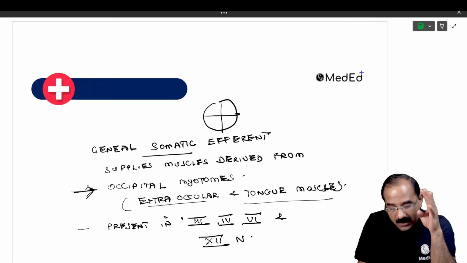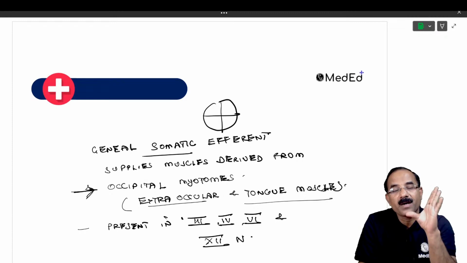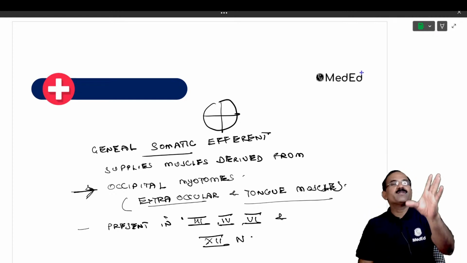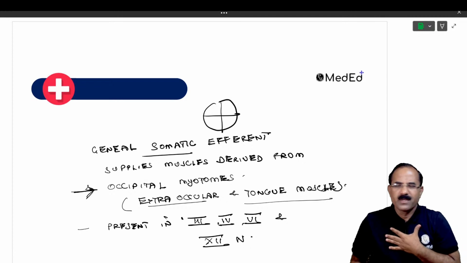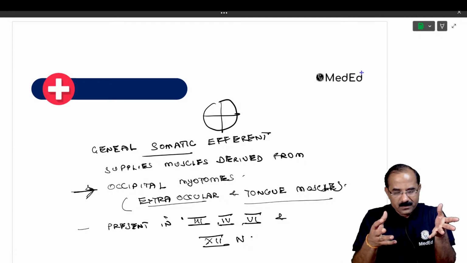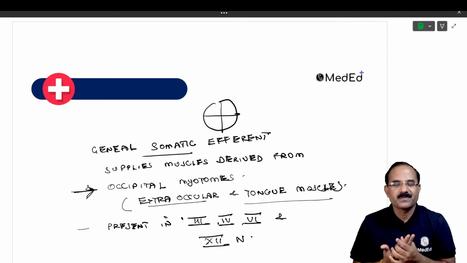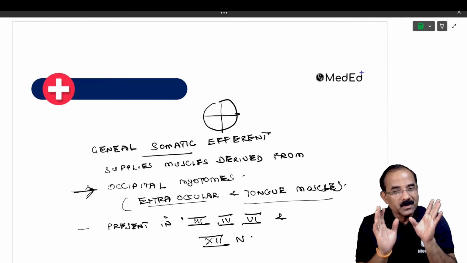This is the most difficult part to understand. At least whatever you've understood, it is fine for me, bacha. See, everything cannot be understood in one single lecture. It takes time. And my job is to make it simple and tell you.